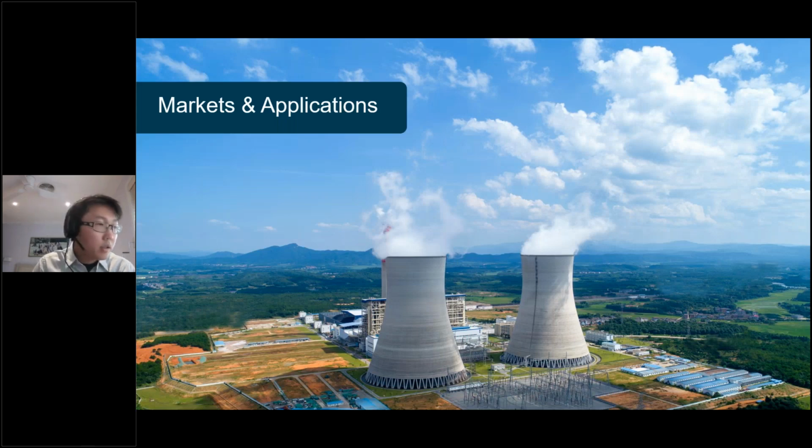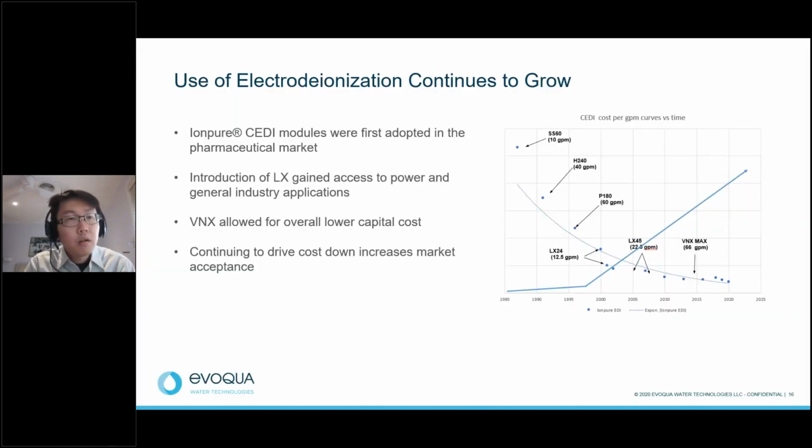So markets and applications. So the use of the CDI module, it continues to grow at this stage, okay? So the graph on the right is going to show you the cost per GPM timeline. So for us, the IMPR modules, it was first used in the pharmaceutical market, and then at that time it was very expensive. So when we made all these LX modules,